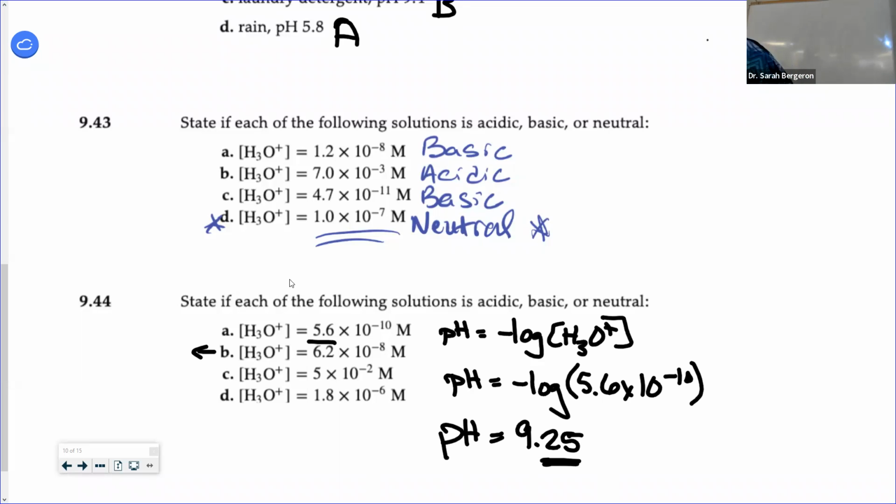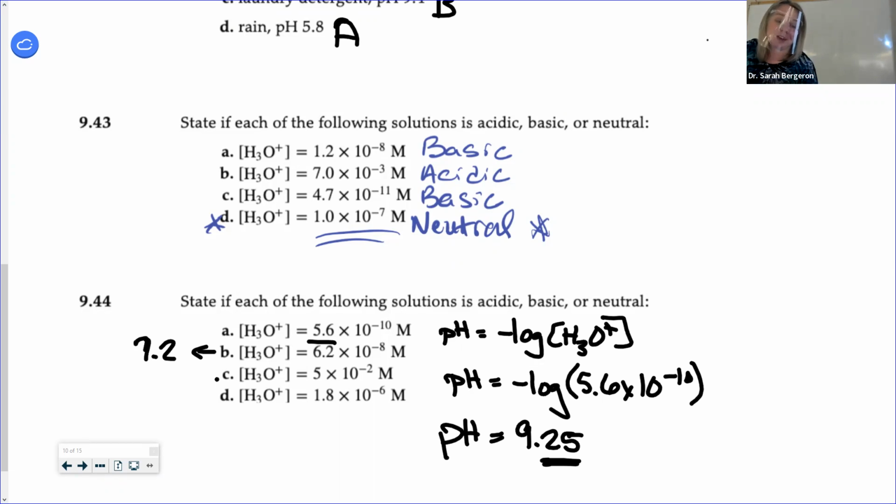All right, so type in B. I'll do B on the calculator and then I'll switch. So I'm doing the negative, the white negative down here, negative log, and this is 6.2, and then I'm going to go second EE to the negative 8, close parentheses, hit enter. 7.2. So this one is 7.2, right? Yes? Did y'all get this? If you're not getting it, now's the time to say it.